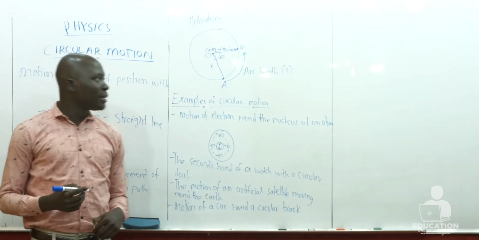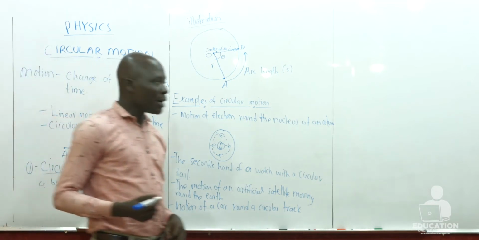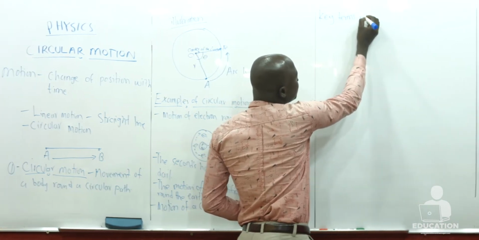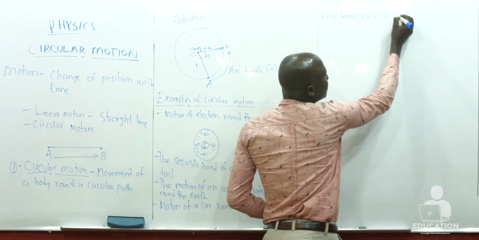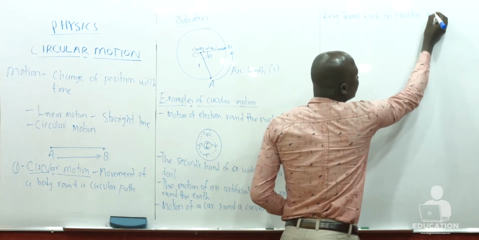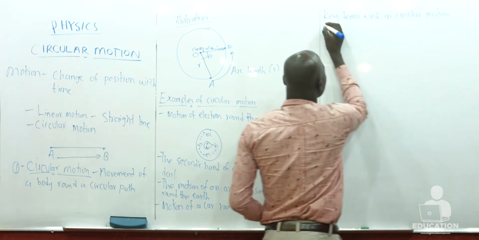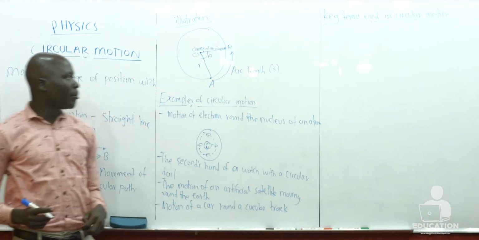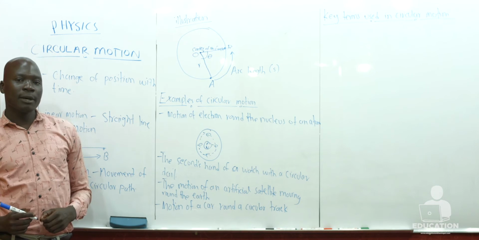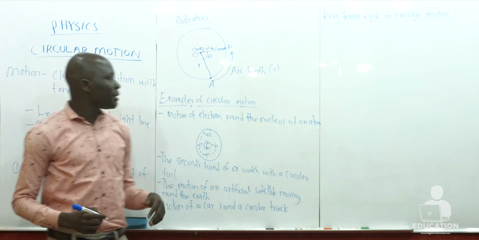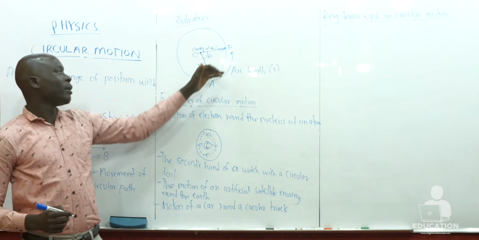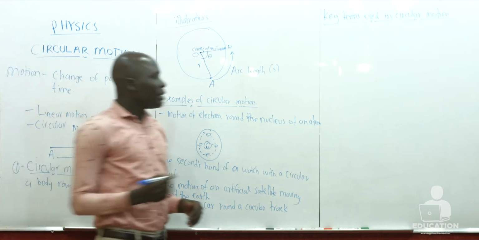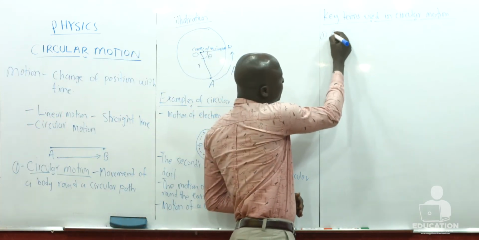Now we have some of the key terms used when we are dealing with circular motion. These key terms are very important. They will help us to understand what circular motion is. Now, to understand these key terms, we have to first keep in mind the nature of how a uniform circular motion looks like. One of the key terms that we shall start looking at is angular